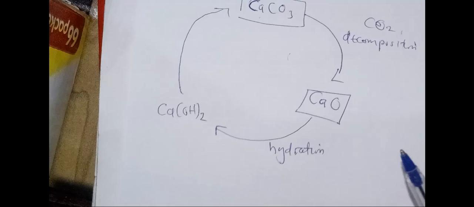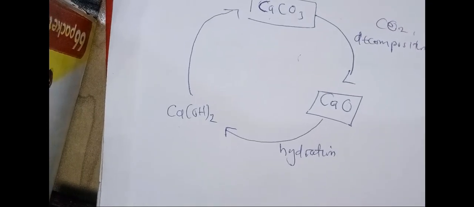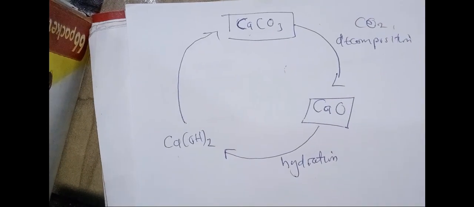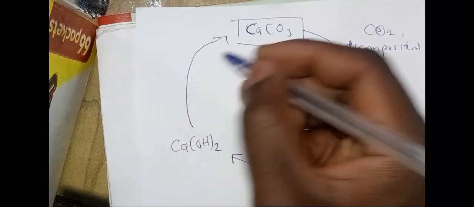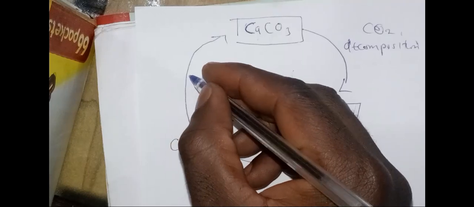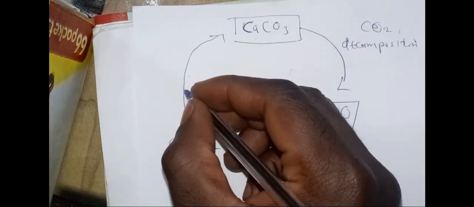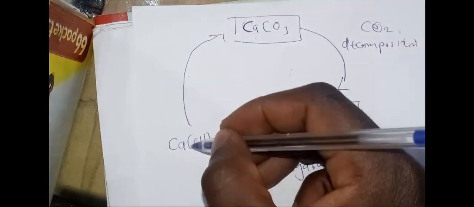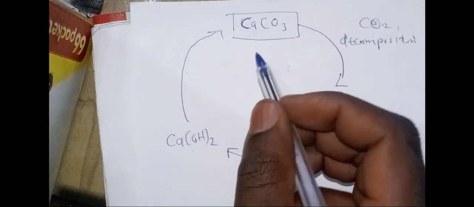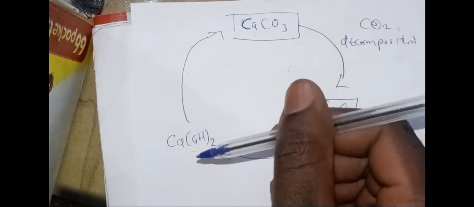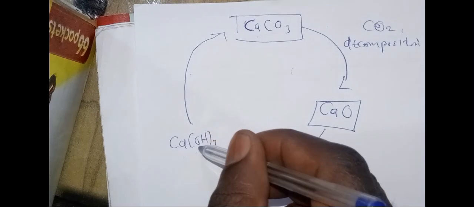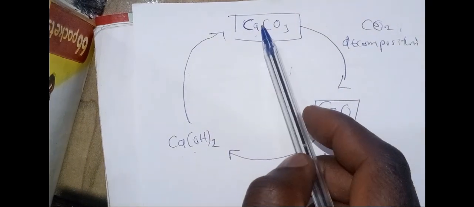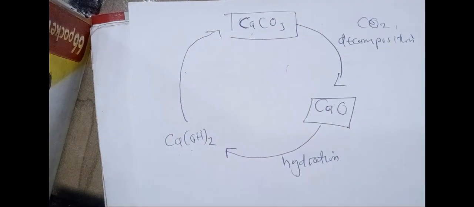So it's actually the circle that we call the lime cycle. The process from calcium hydroxide to calcium carbonate is where carbon dioxide is bubbled through in order to give us calcium carbonate